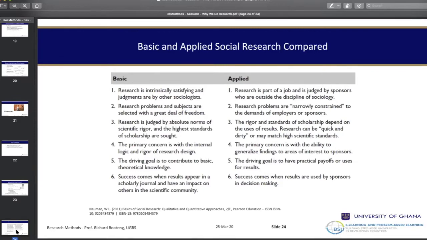The reason being the fact that your supervisor is a representative of the scientific community in the University of Ghana. Your department will appoint your supervisor to represent them. So your supervisor is the one who is going to mark your work and is going to say that the work you have done meets the standards of the particular scientific community you belong to, maybe HR, or maybe project management, or maybe MPA. Now, what you see here is that if the supervisor attests to it, then he says that the work is a good work done. Hence, you'll be very happy about that.